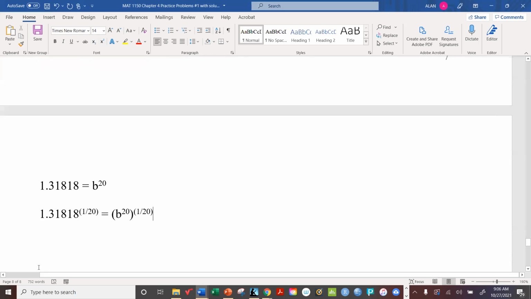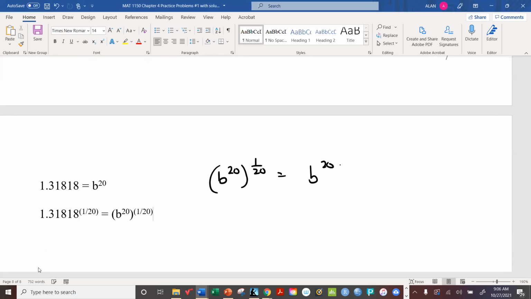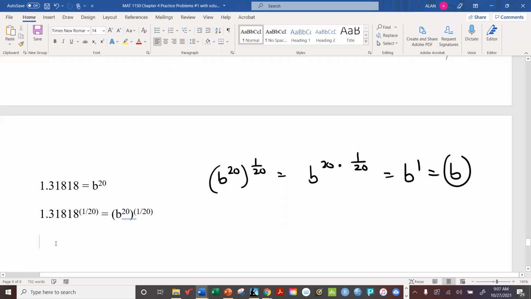Because b to the 20th power raised to the 1 over 20 equals b to the 20 times 1 over 20, which is just b. So basically, all we have to do is solve in our calculators for 1.31818 raised to the 1/20th power. And that works out to be approximately